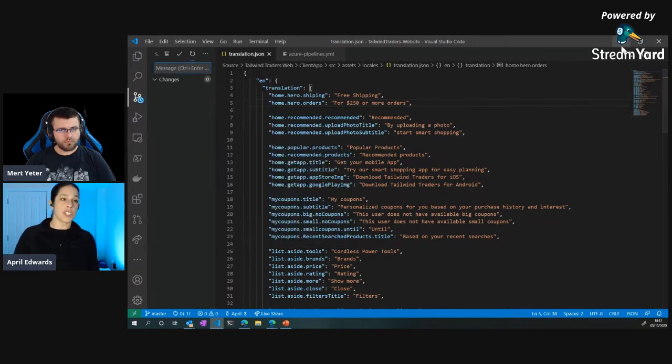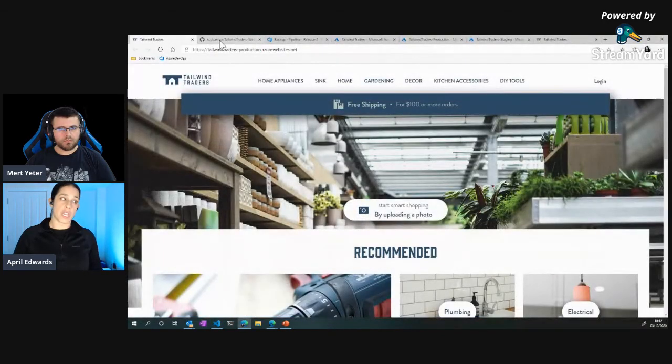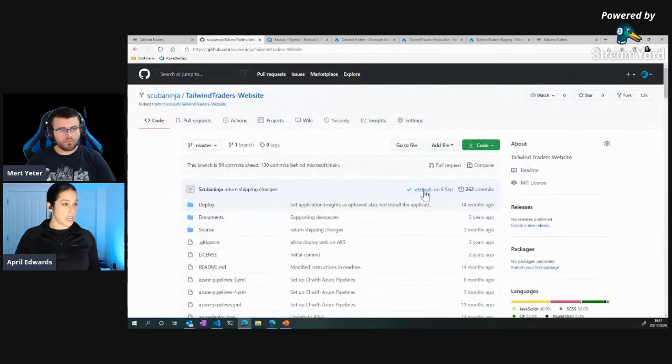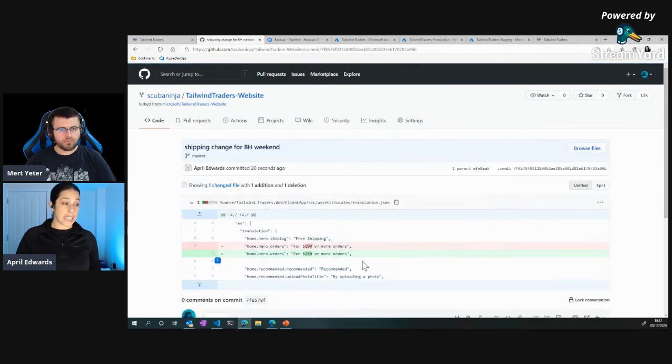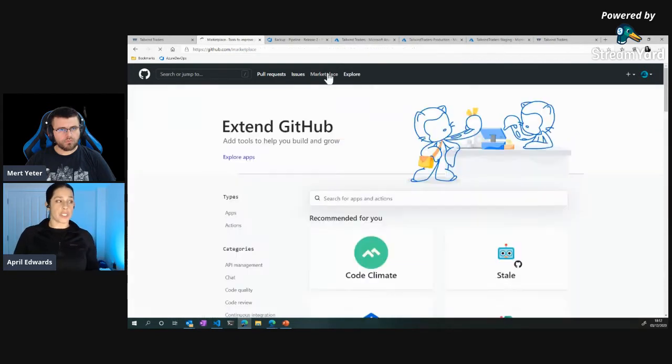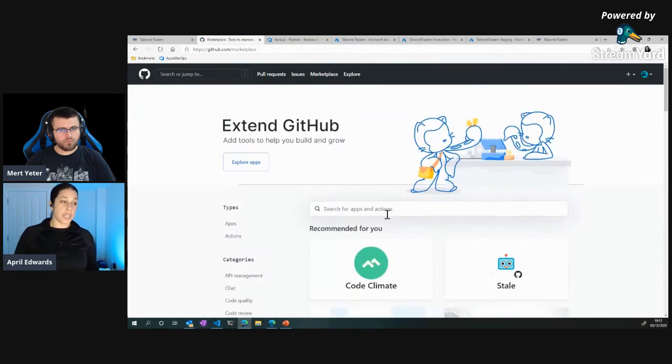So I'm going to push my changes to GitHub, because all our code is sitting in GitHub, we're a very DevOps organization. We have all our code in one place. I should see a code commit coming through 16 seconds ago, right? So I've made that shipping change for the bank holiday weekend. I can see exactly what that change was, full traceability in my team. Now, my code sits in GitHub, but actually I can go to the marketplace and hook this into our Azure DevOps pipeline. So if we go in and type in Azure Pipelines into the marketplace,